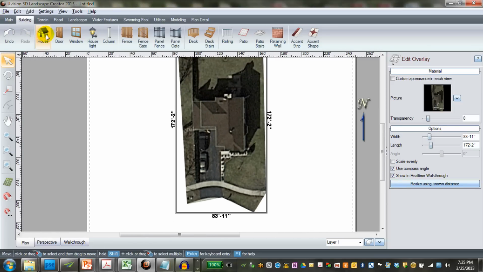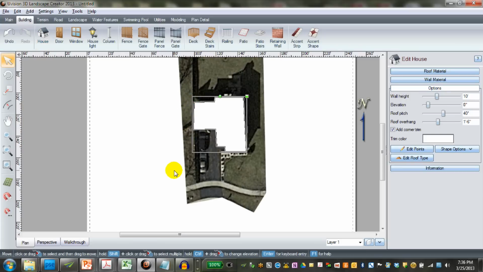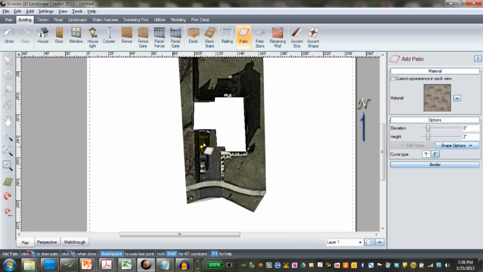Now you're ready just to go in and build your house over the existing model. And this makes for a very rapid design, particularly if you're working with a client and you just want to do a little bit of preliminary work. This is a great way to do it. You can go in and do your house. We can also put in the driveway